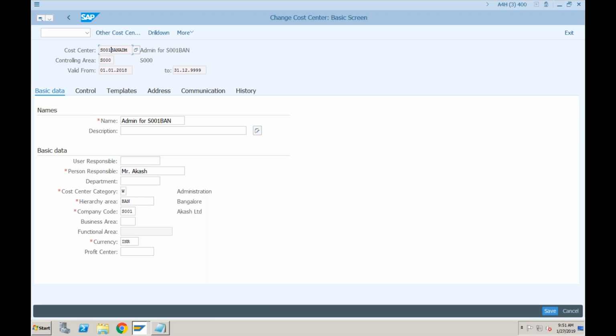See, this one we created for admin department of Bangalore S001, right? We created this cost center for Bangalore department for company code S001. Now, whatever cost is admin cost, is it segregated by insecticide, pesticide, and fertilizers? Let's say you have a factory, and in that factory, you have an admin department. In that factory, you are manufacturing fertilizers, pesticides, and insecticides. So let's say for the factory, you are paying rent. Now, will this rent be divided by fertilizers, insecticides, and pesticides, or your supplier will give you the common invoice of the rent? He will give you the common, right?